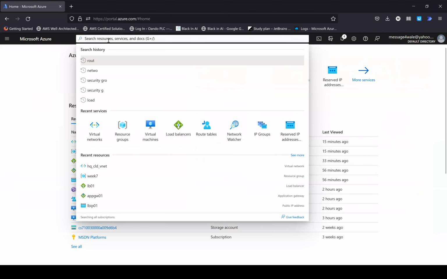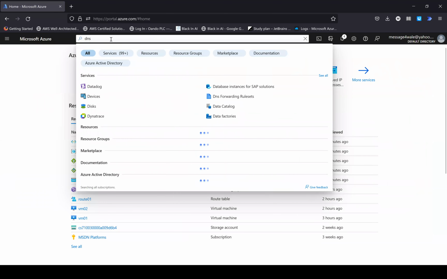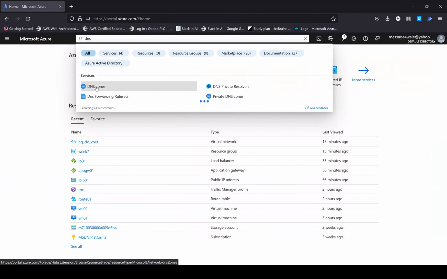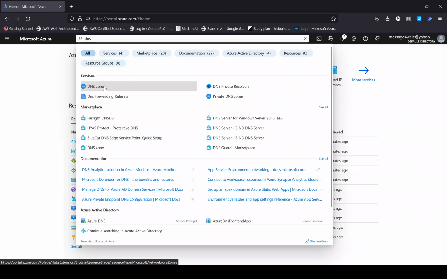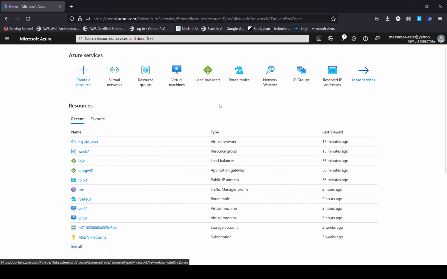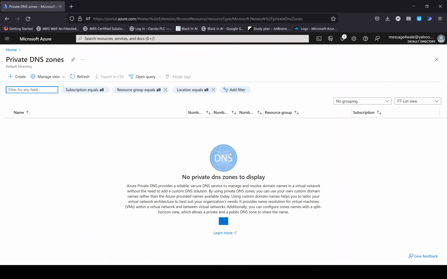If I type DNS, I can see DNS zones and I can see private DNS zones. DNS zones will be for my public DNS. If I have a custom domain name and I want to delegate it or transfer it to Azure, I can do that here. Or be private. For private DNS zones, you don't need to buy a domain name. So let's take, for instance, if I come here to say create,